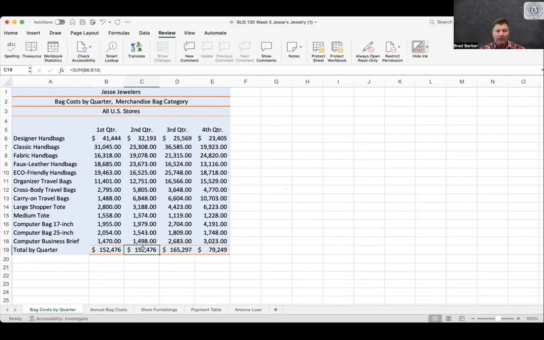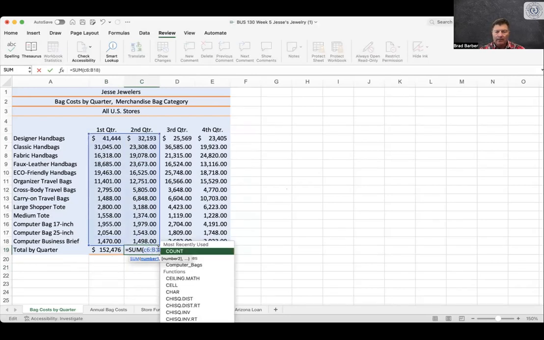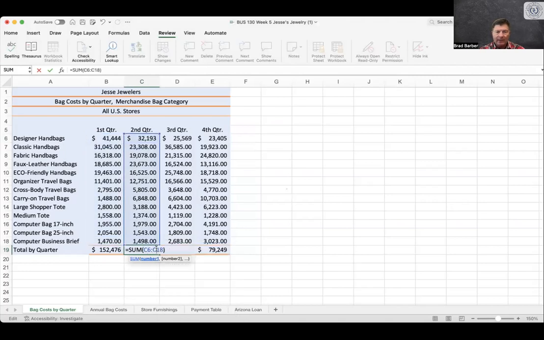I'm going to click column C. I double click and look what happens. It's on first quarter, summed up there. Well, no wonder these are exactly the same. It looked a little funny, but now I know why it looks funny, because it should be adding C, not B. So it should be C6 through C18. So go ahead and correct those. I'm just making it capital, and I'm going to change this one to capital C. And then I can look at what box is around it, hit enter, and then I just double click it again and